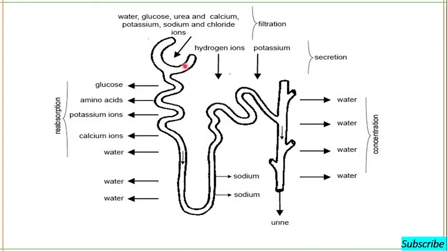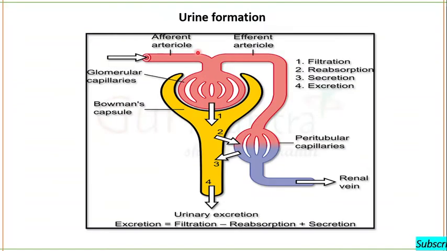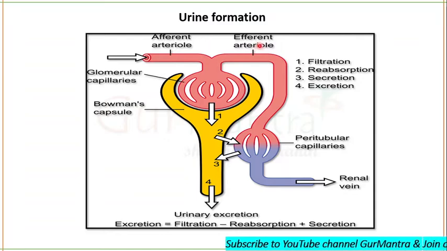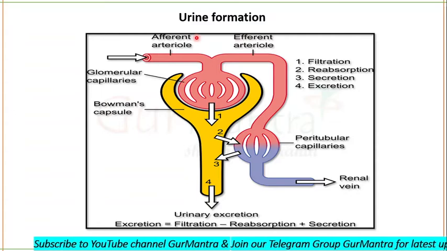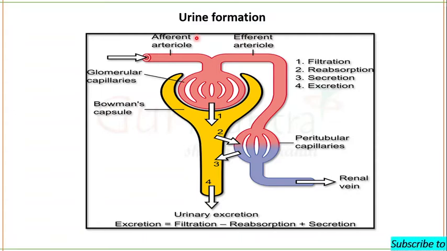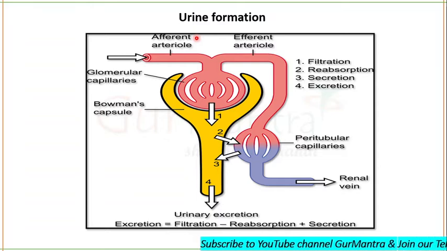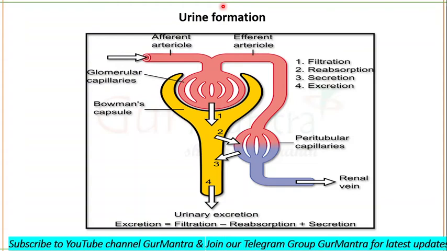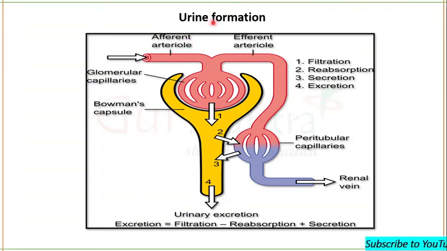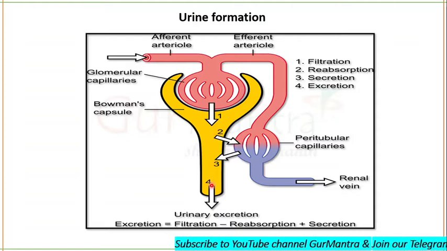Okay, efferent arterioles, you cannot see the efferent arteriole, so I will show you this one again. This is the efferent arteriole; you can see the afferent arteriole and the efferent arteriole. Myogenic constriction of afferent arterioles occurs due to the ability of smooth muscles to sense and respond to an increase in arterial pressure. As the blood pressure increases, glomerular filtration rate also rises because renal blood flow increases.